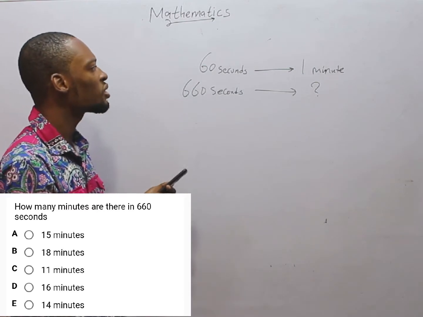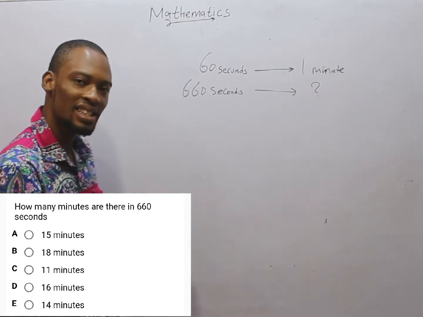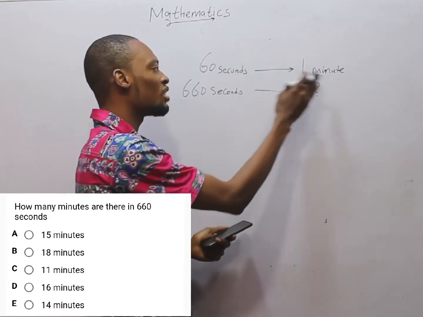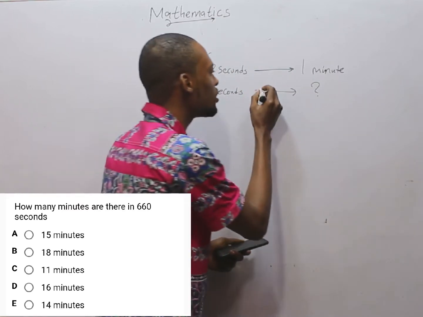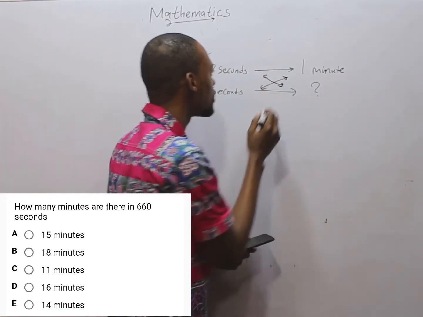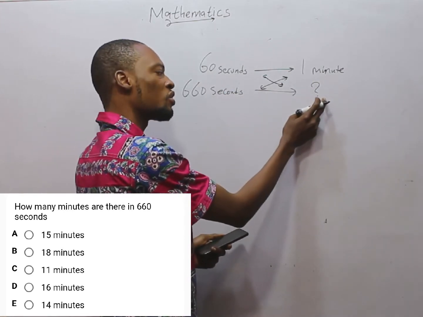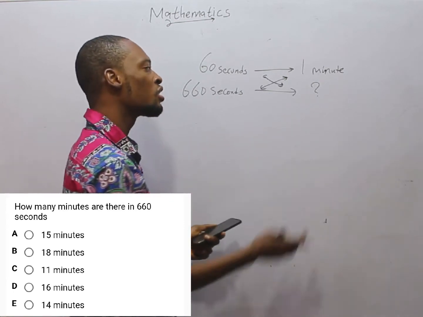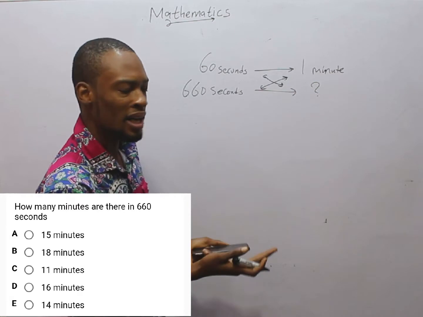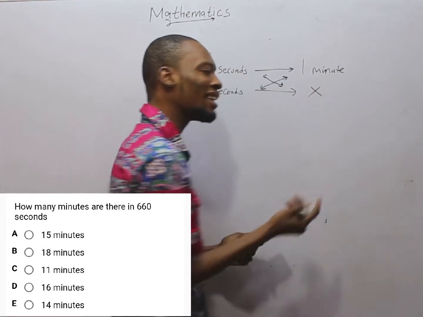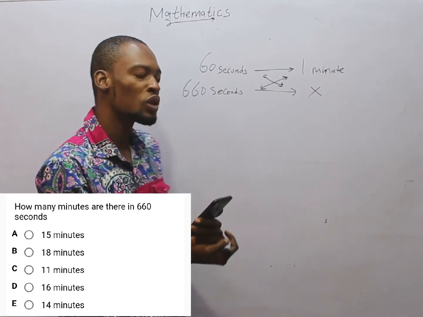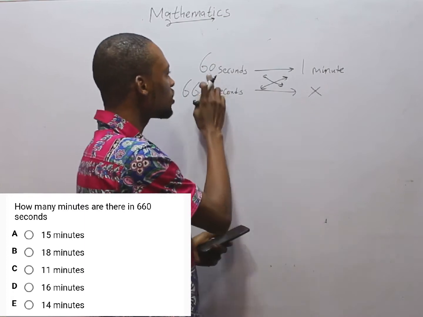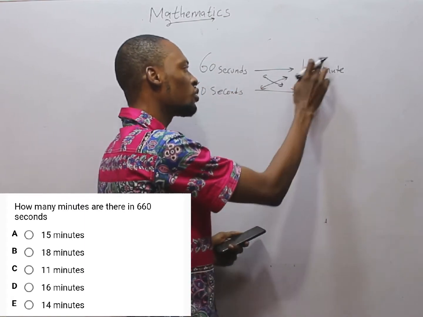When you see something like this, or you get to comparison like this, this is what you do. You simply cross multiply. If 60 seconds is 1 minute, 660 seconds should simply be like this, which means 60 seconds times question, which is the unknown. We are looking for the value of 660 seconds in minutes. You can choose to solve it with question mark or refer to it as S or A or as Y to show that it is what we are looking for. And cross multiplying, like I said earlier, means use this to multiply this, use this to multiply this.